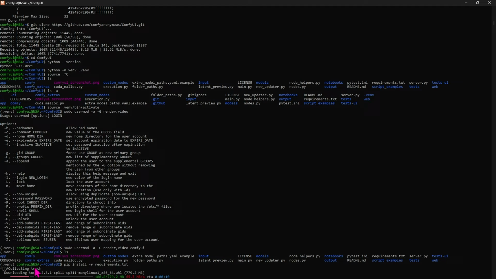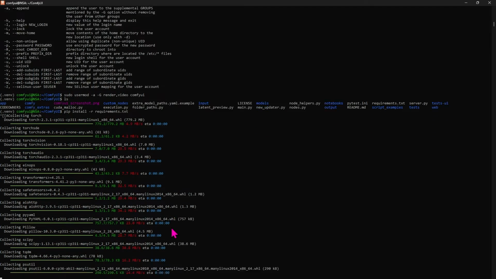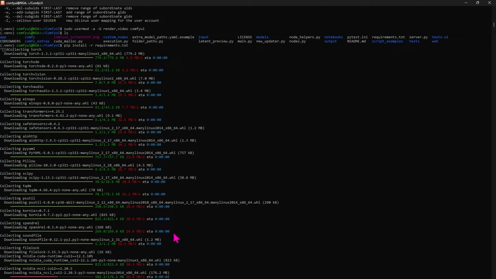See how it's installing PyTorch and all this stuff? This is the reason why I wanted to run the requirements first, because we actually don't want to use this version of Torch. But I'm going to install all the requirements first, and then we're going to install the other versions of everything over that. So this is going to take some time,